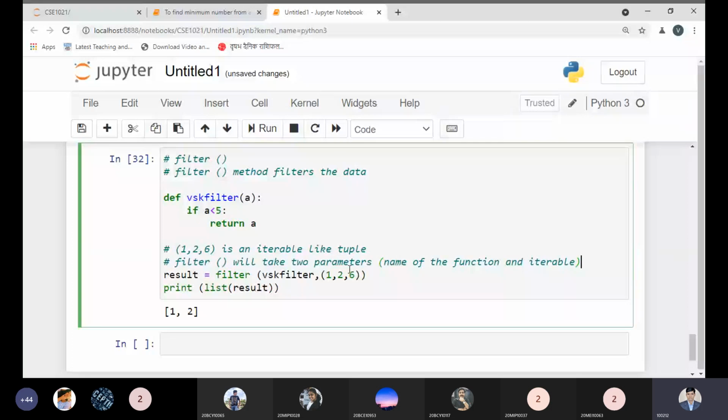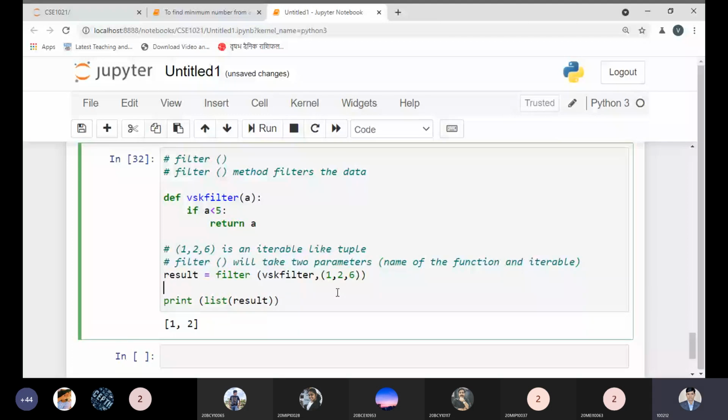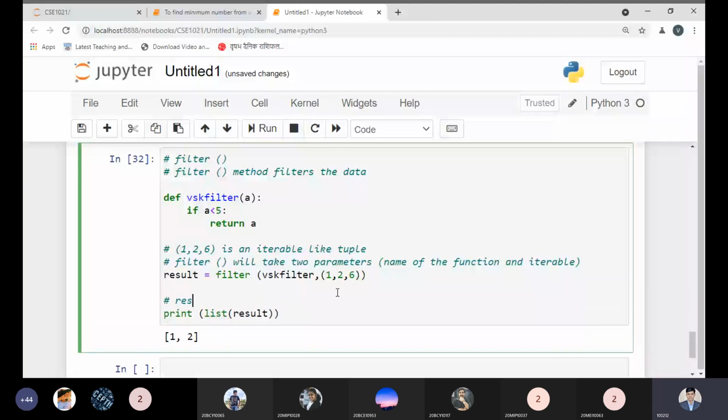After passing these, all the information is stored in the variable. The result is a variable that can store multiple values and can be represented by a list.